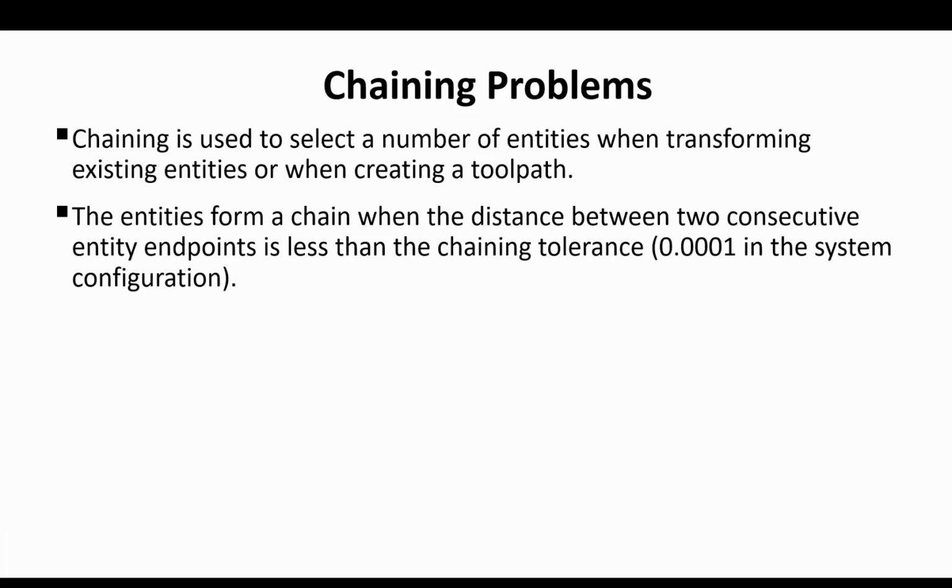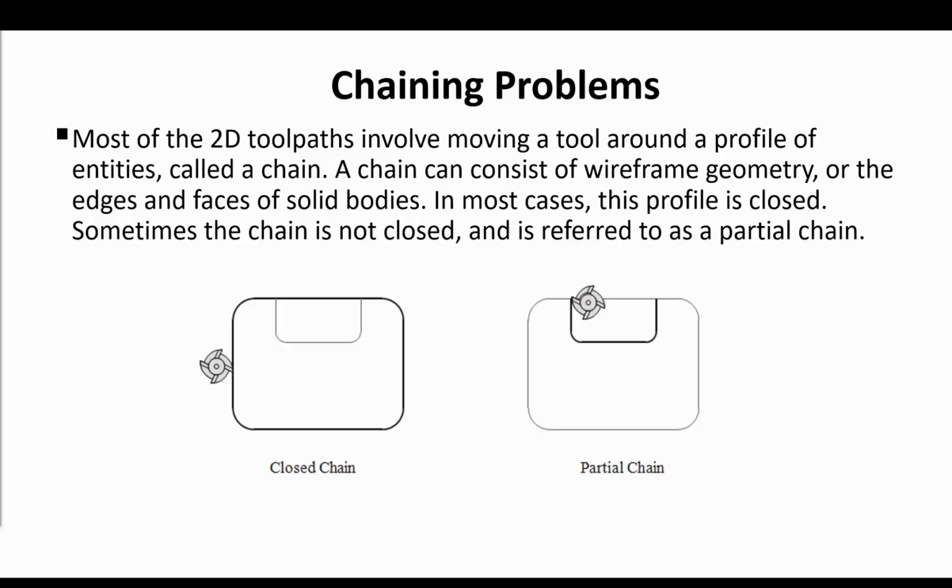Chaining does several things. It selects and sequences the geometry used to control the machining path, sets the machining direction, and if the chain is closed, it sets the start point for the toolpath. Most of the 2D toolpaths involve moving a tool around a profile of entities called a chain. A chain can consist of wireframe geometry or the edges and faces of solid bodies. In most cases, this profile is closed, but sometimes the chain is not closed and is referred to as a